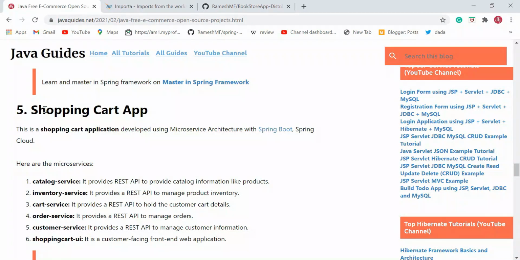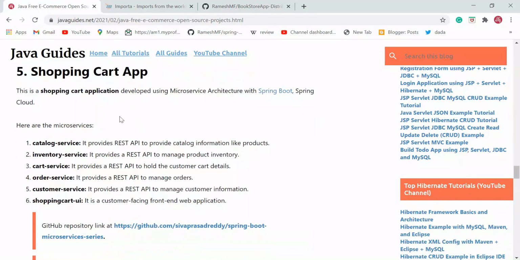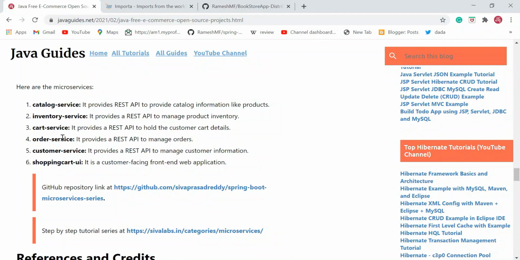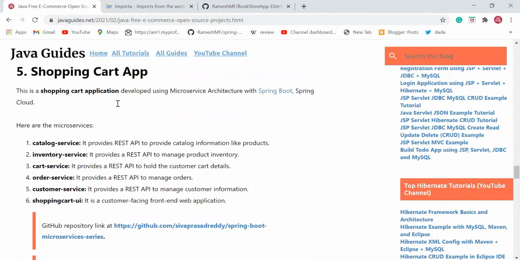So the fifth one is shopping cart app. This shopping cart app application is developed using microservice architecture with Spring Boot and Spring Cloud. So look here at the different services. You come to know how you can create a microservices project and how you can make communication between different services, how you can create an API gateway, or how you can develop a microservice application from scratch.